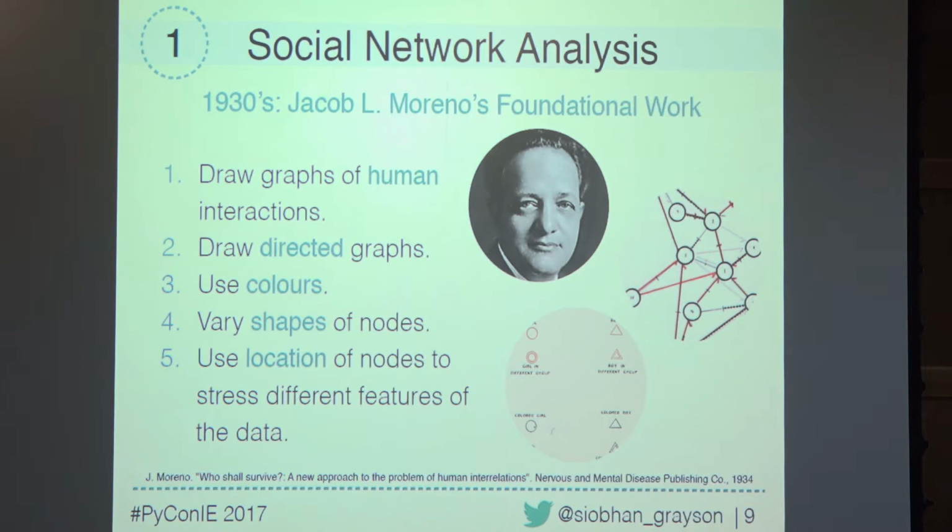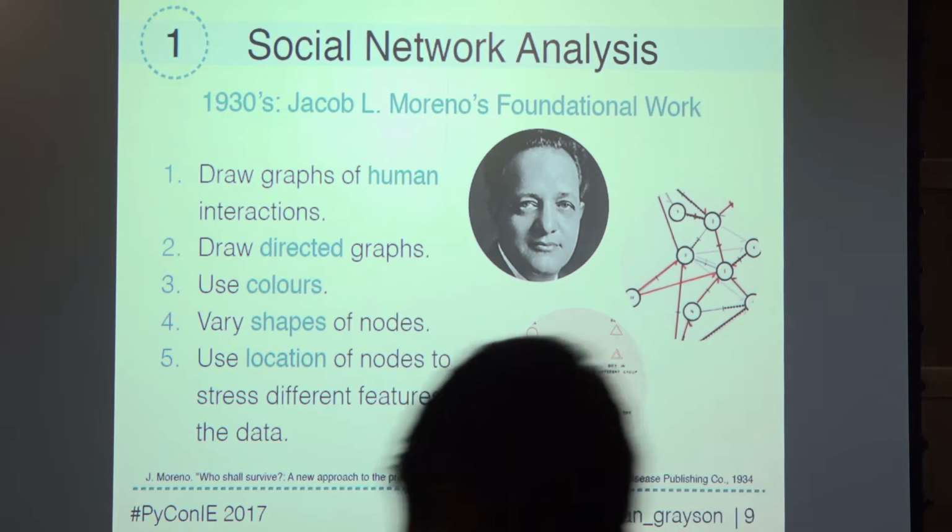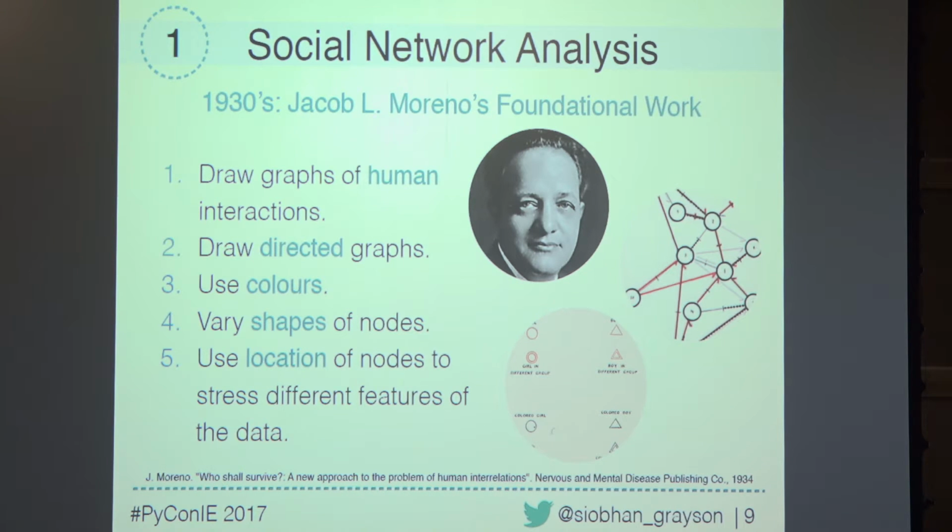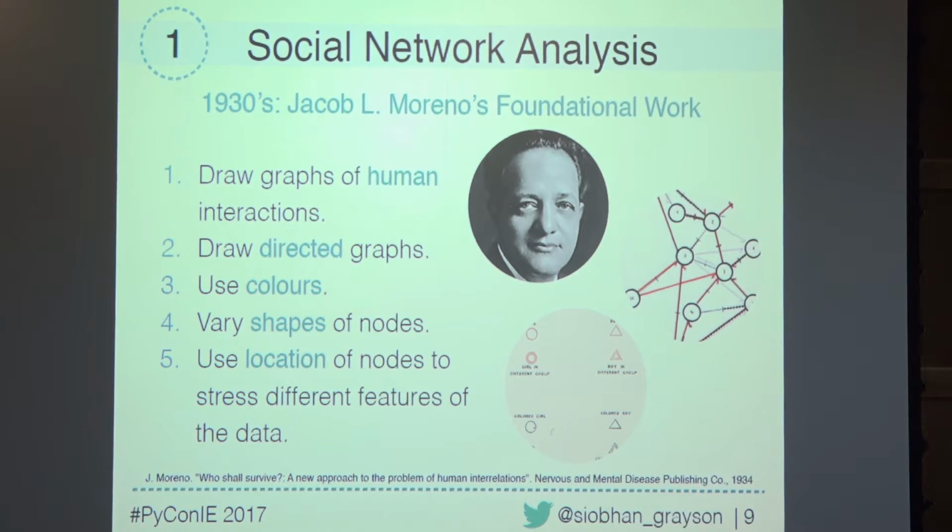So when did graph theory then move from being something that we can use to solve a simple, or not a simple puzzle, but a puzzle of that nature, into becoming something that we now use to model people with? And that's where Moreno's work came in the 1930s. He started to look at people and he started to model them as nodes and their interactions with each other as edges. In particular, he focused on a primary school and different classes in a primary school and how the kids interacted at the time.